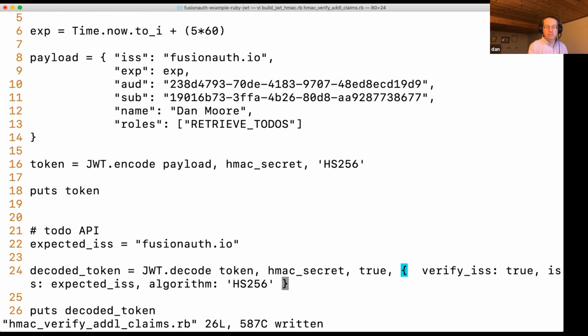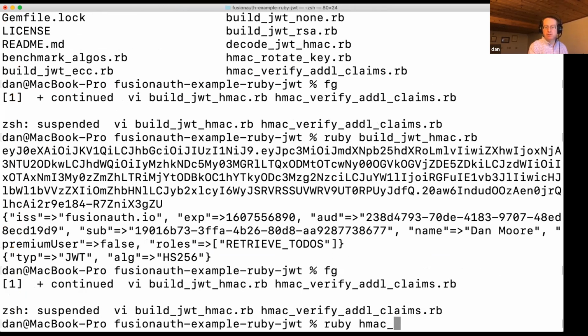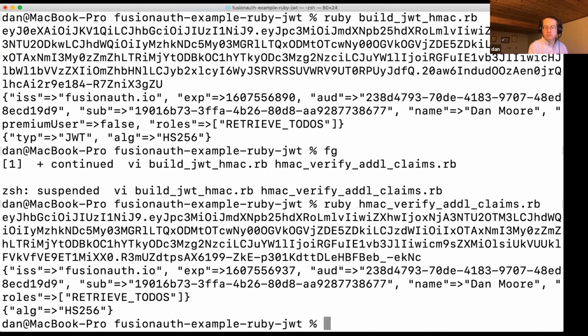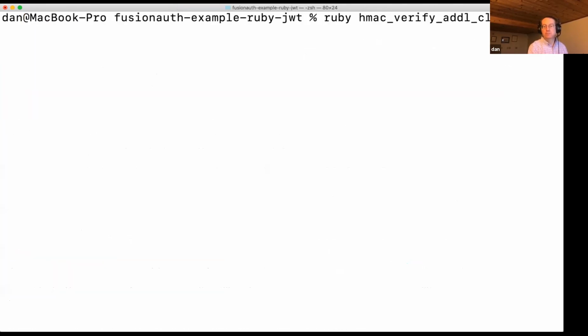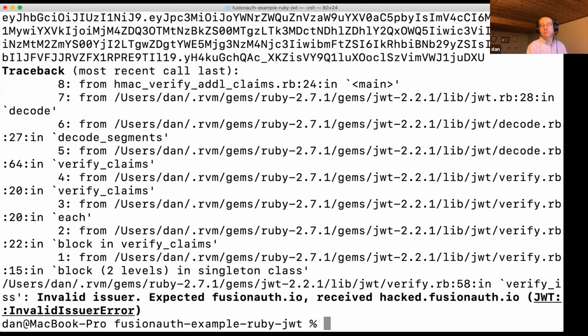And if we just run this, HMAC does great. If someone comes in and gets our key somehow, but neglects to change the issuer, we're going to blow up, right? Because the issuer doesn't match what we expected.